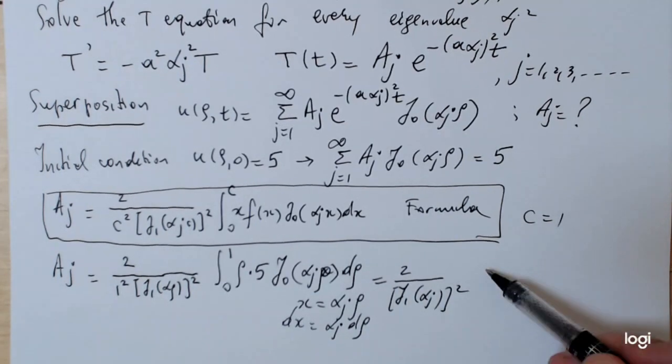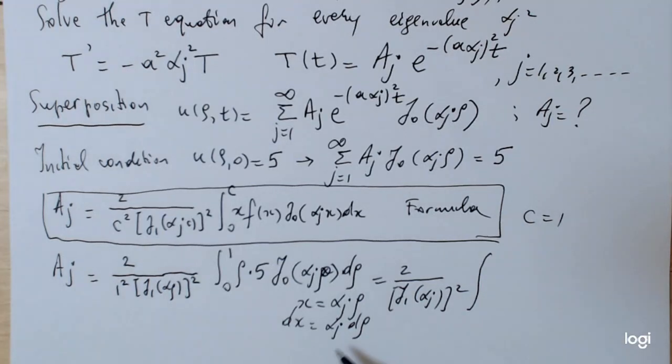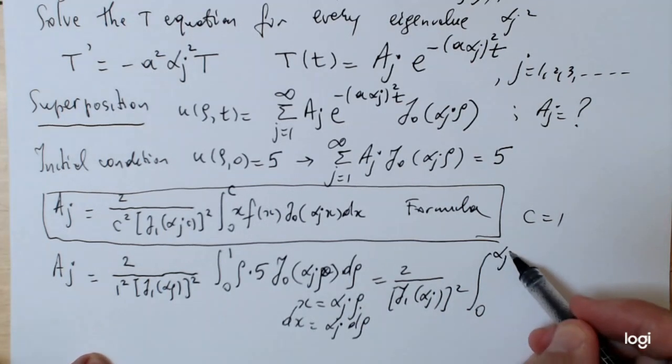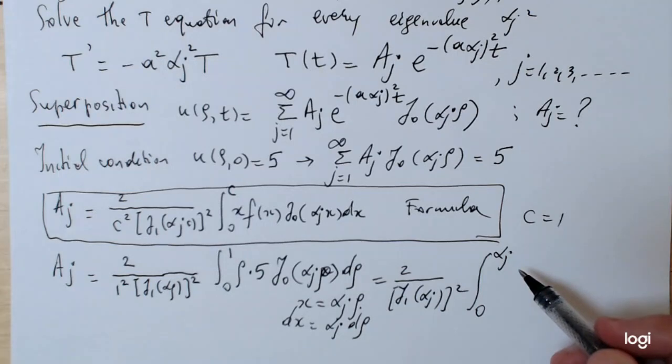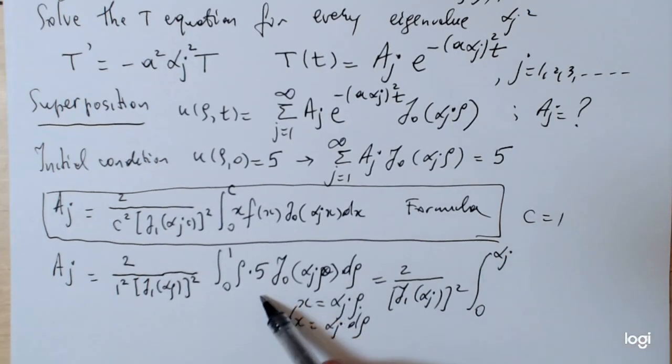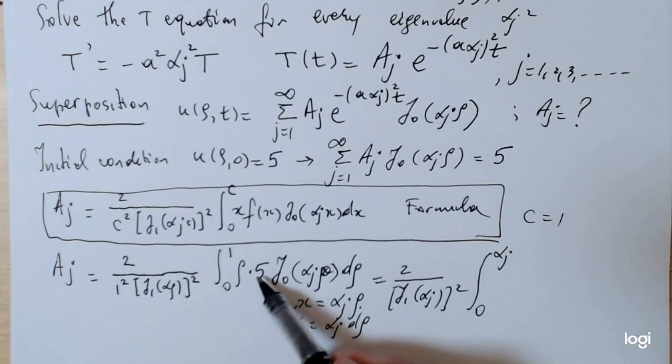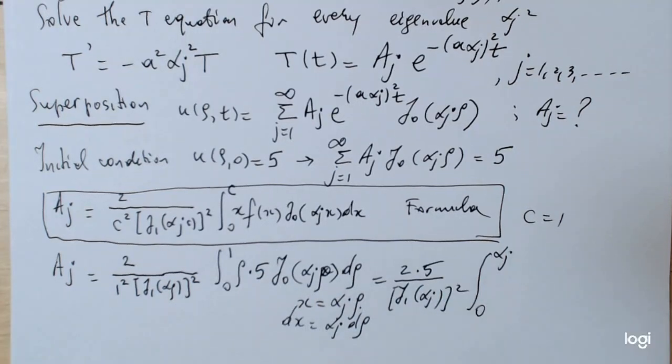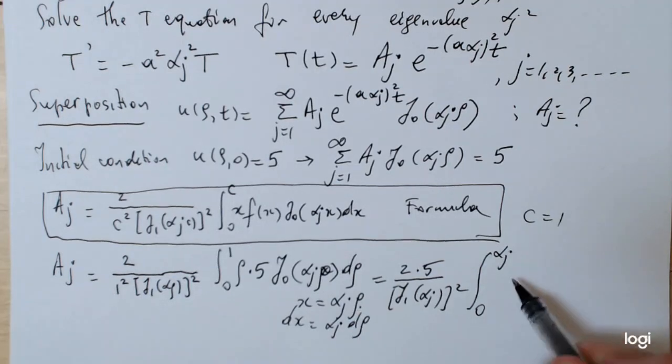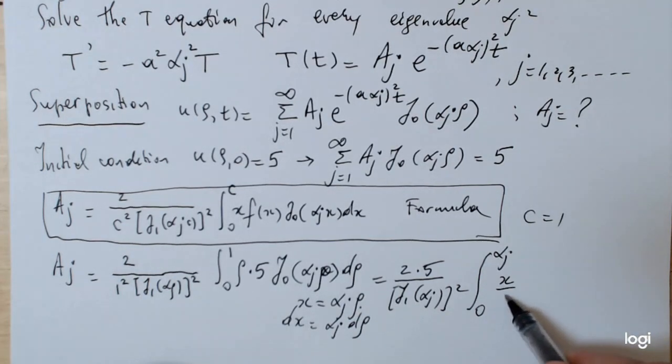And let's change the integration bounds as well. So if rho is 0, alpha j times 0 is also 0. And what else? If rho is 1, the new bound is alpha j. Okay, moving on. What do we have inside the integral? Let me actually pull the 5 out so I don't carry it inside the integral. So 2 times 5. Rho from the substitution is x over alpha j,